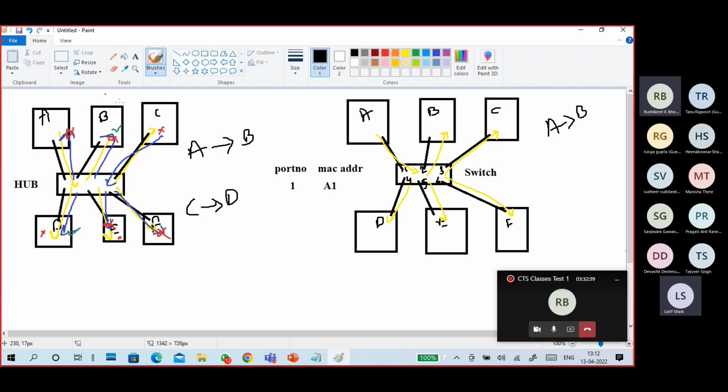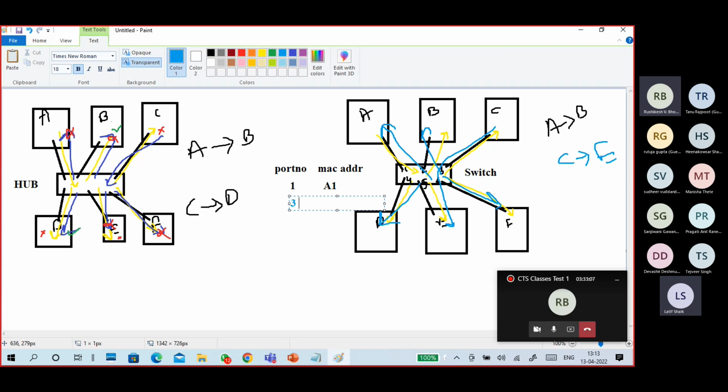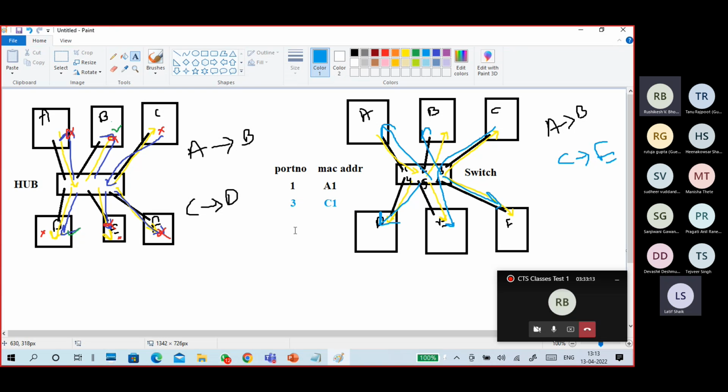Now for example, B replies, or C is communicating to E. Initially it broadcasts. C is connected to port 3 and the MAC address of C, for example C1.